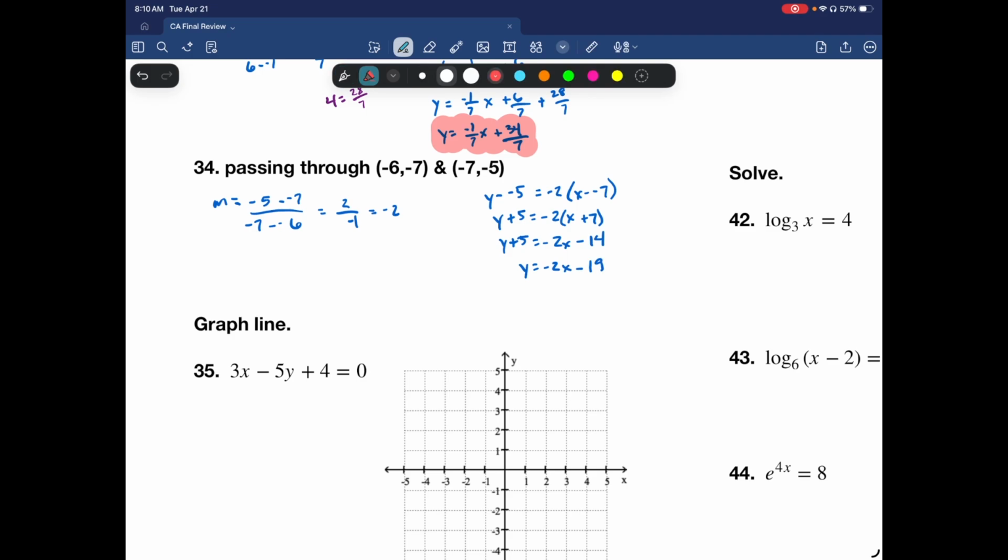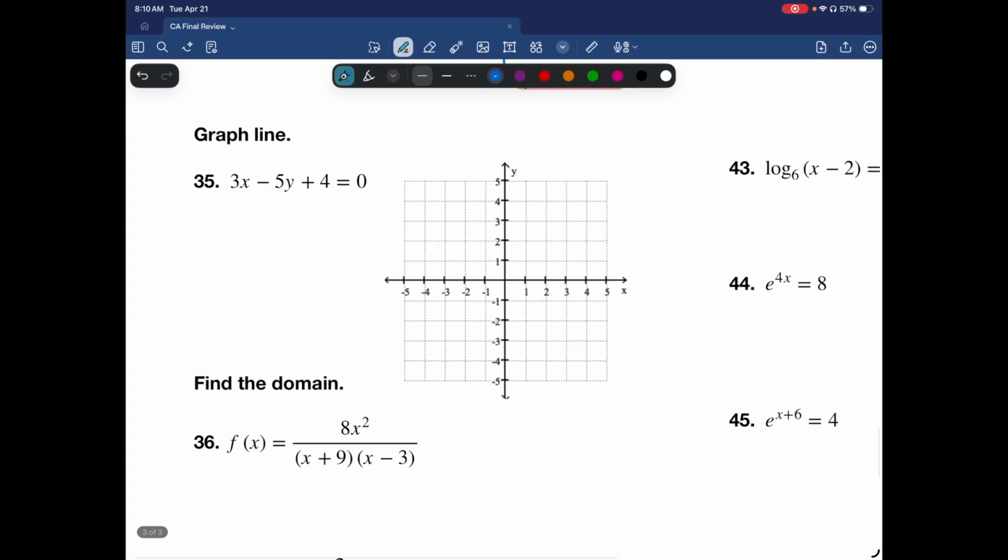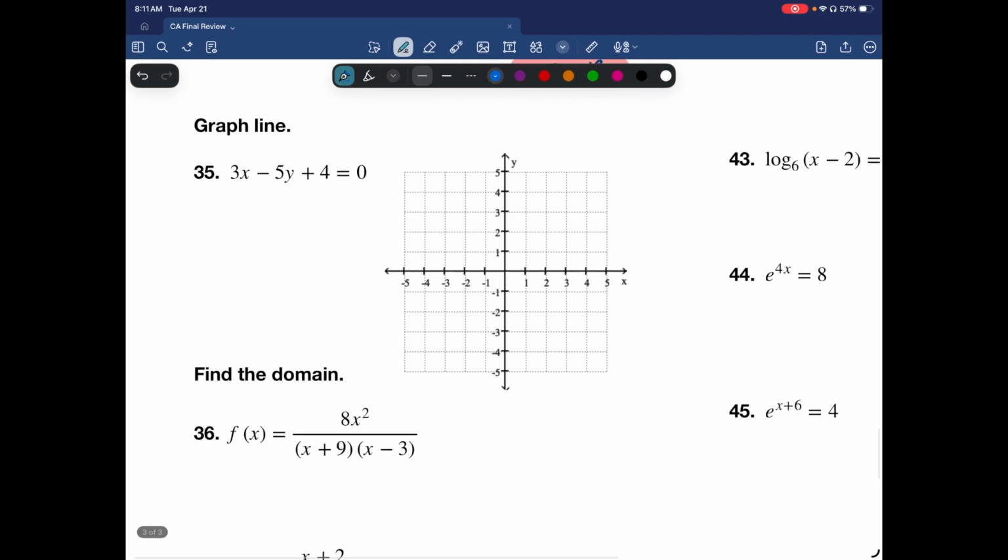All right. Now, if we want to graph a line, so when it's in this form, this is called standard form or general form. And you could do one of two things. You could go ahead and solve it for y equals, or you can use the fact that when you're dealing with the x-intercept, y is 0, and when you're dealing with y-intercept, x is 0. So you could do either one of those. So if we just solve for y,